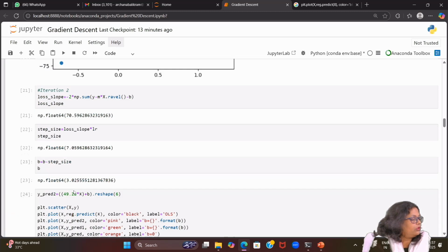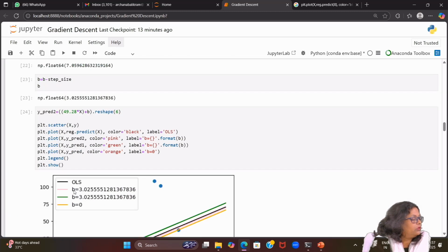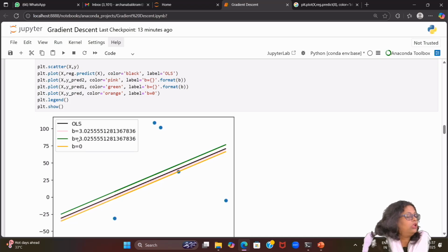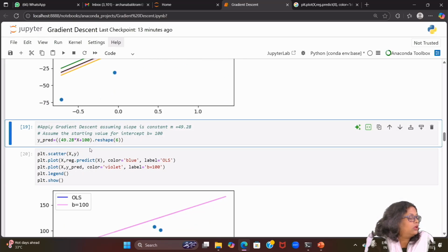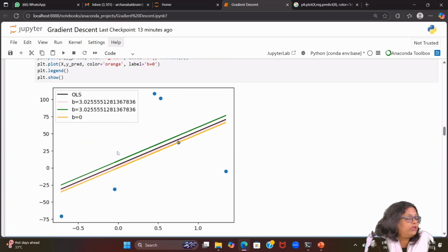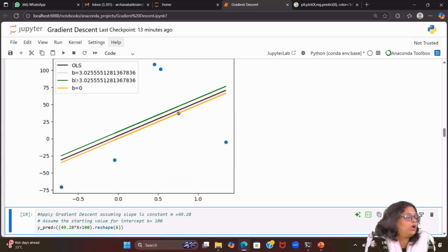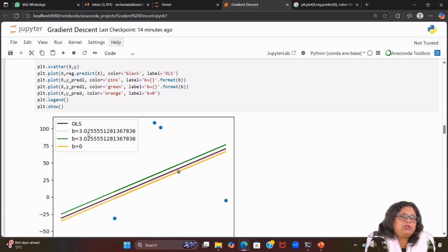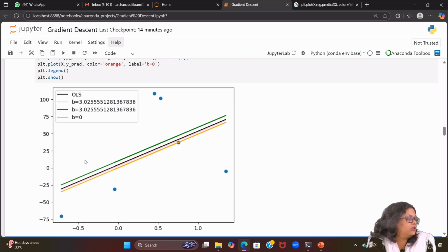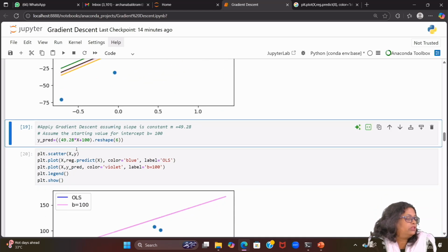Now you can see there is a convergence, b is getting converged here. Earlier b was different, and now these two values are converging. So we can stop, as we have reached the minimum, or it has converged. This is the way we do the iteration.